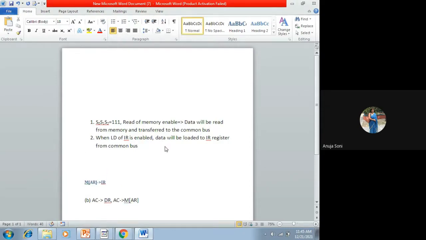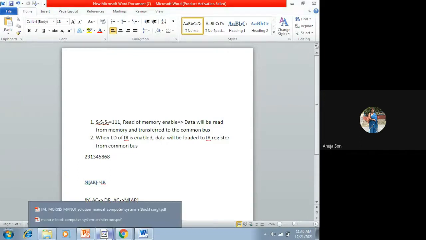Whenever we write a number this way, any number, the extreme right side bits are called the least significant bits, and the extreme left side bits are called the most significant bits, because they add more to the magnitude of the number. That's why the extreme left side bits are termed the most significant bits, right?